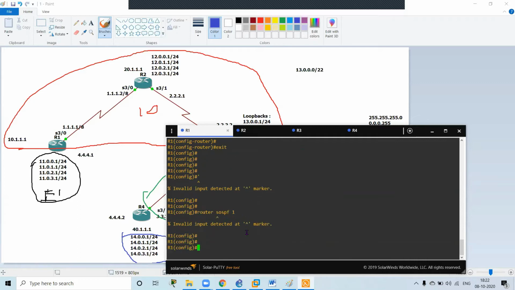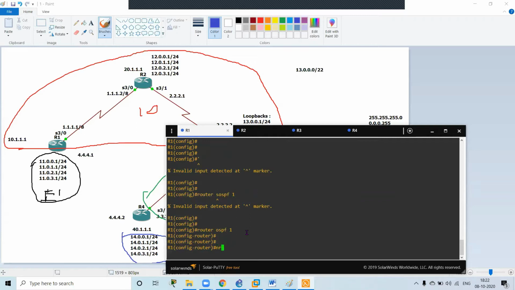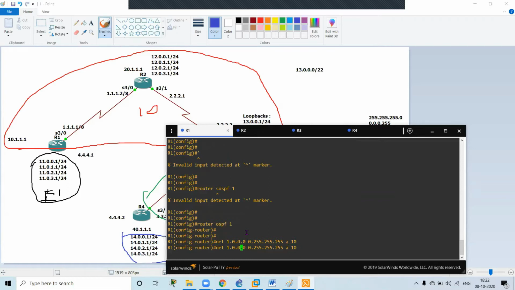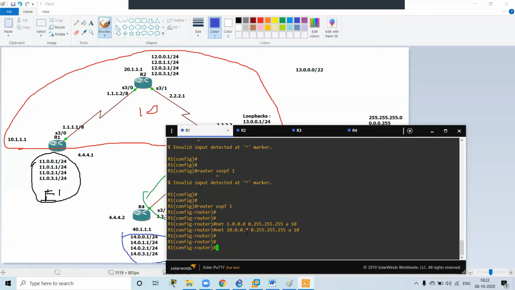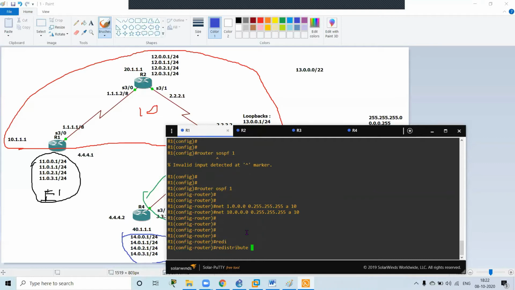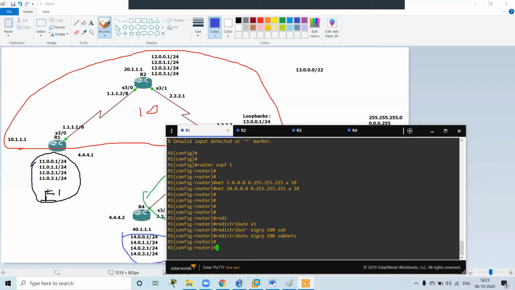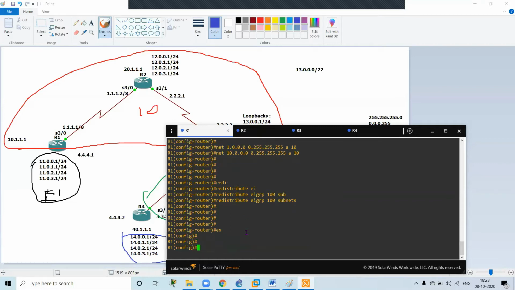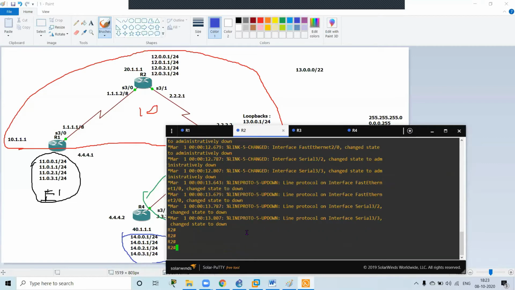Router OSPF 1, network 10 dot network with wildcard 0.255.255.255 in area 10. Then I'll redistribute EIGRP 100 subnets. Okay, exit. On R2,